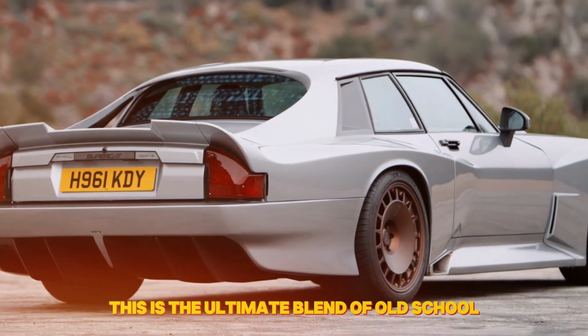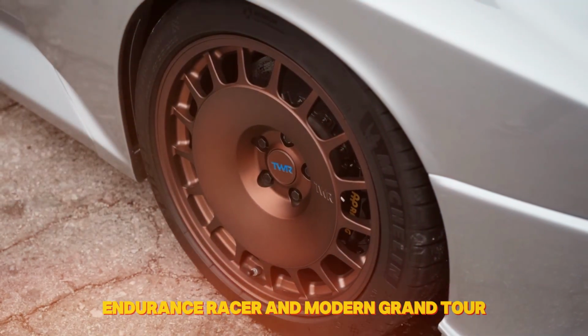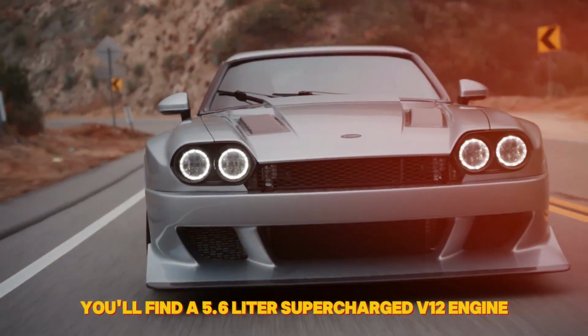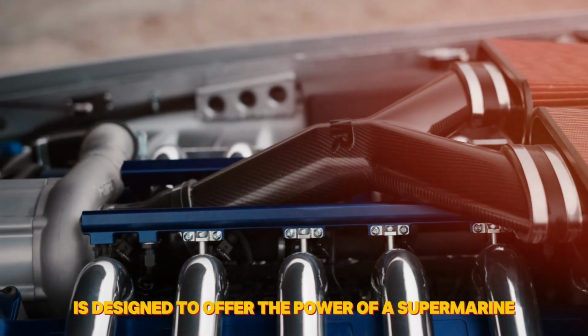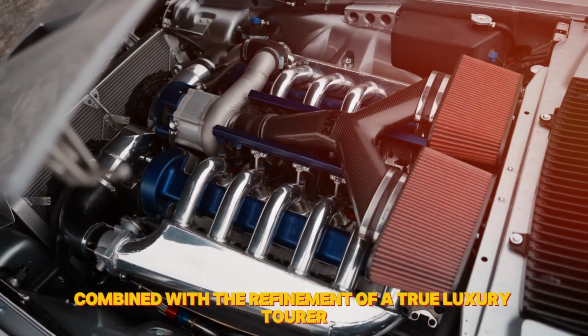Today we're diving into a car that's both a throwback and a future-forward marvel, the TWR Supercat. This is the ultimate blend of old-school endurance racer and modern grand tourer. Under that beautiful long hood, you'll find a 5.6-liter supercharged V12 engine cranking out 651 horsepower and 538 lb-ft of torque. This beast is designed to offer the power of a Supermarine Spitfire combined with the refinement of a true